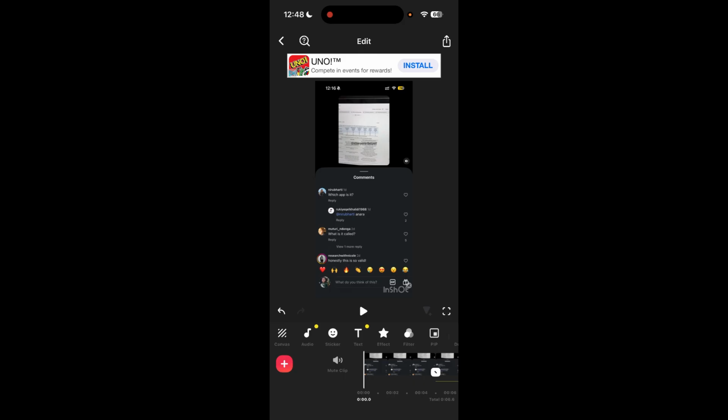And that is it. Adding image overlays in InShot is a simple yet powerful way to enhance your videos with logos, screenshots or